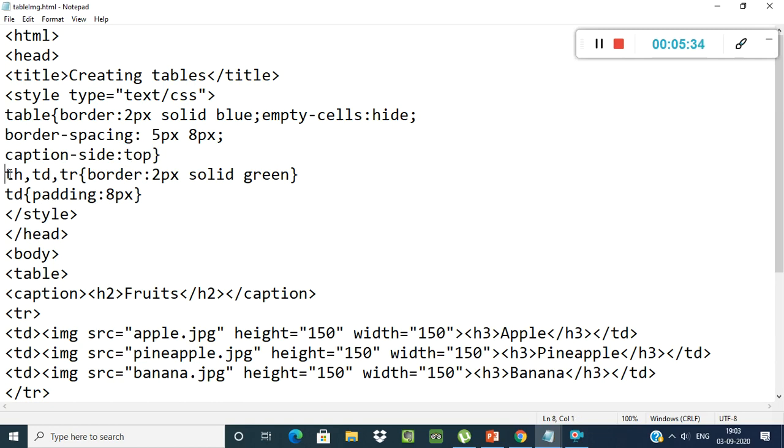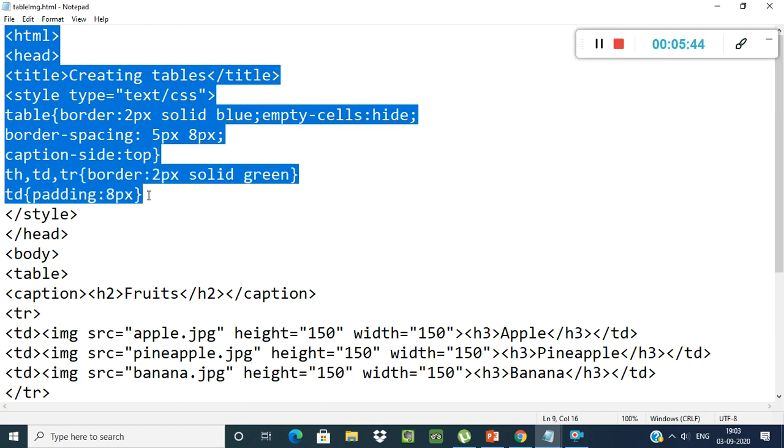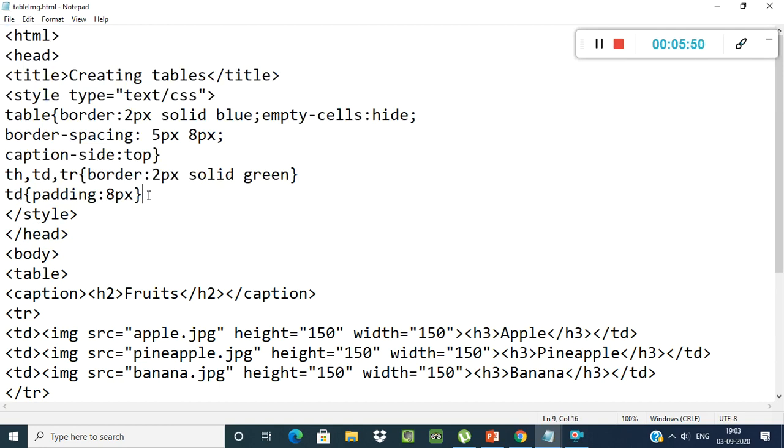Now I put here th, td, tr, same as it is. You have to keep this as it is. This program is there in your textbook. So you can type from your textbook.